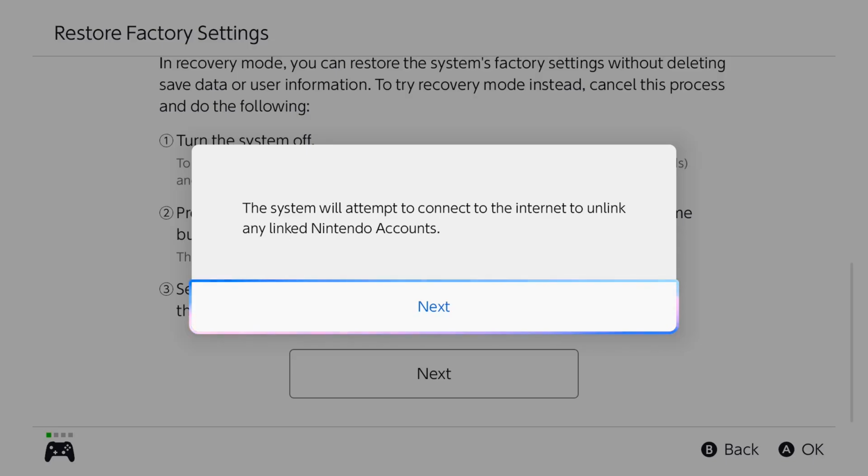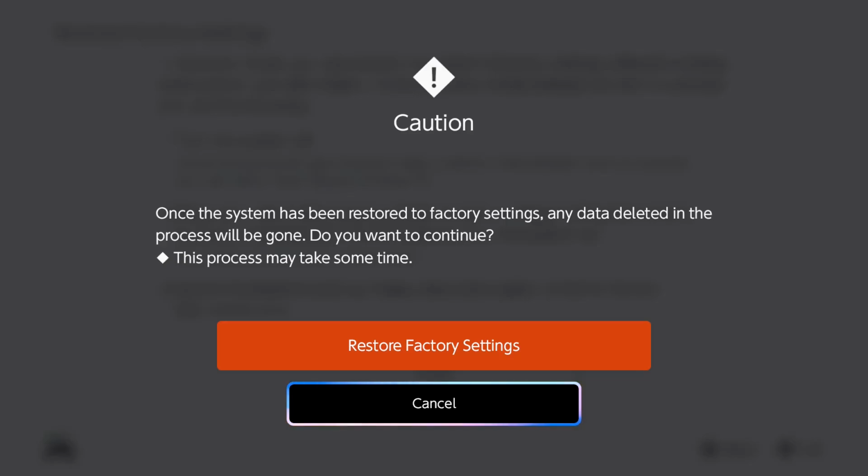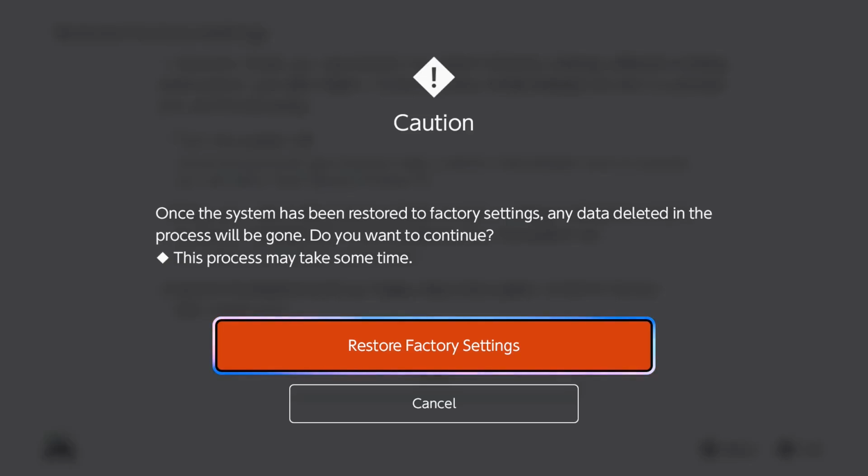The system is going to connect to the internet to unlink any Nintendo accounts. Once the system has been restored to factory settings, any data deleted in the process will be gone. It's going to ask if you want to continue, especially if you're somebody who wants to transfer all of your information over from your previous Switch console. This shouldn't be a big deal. We're just going to reset the Switch 2 back to its factory settings so we can get through that setup process and then transfer over all of this game data, save data, accounts, all of that information over to the Switch 2. So at this point, if you would like to, you can do a restore to factory settings,